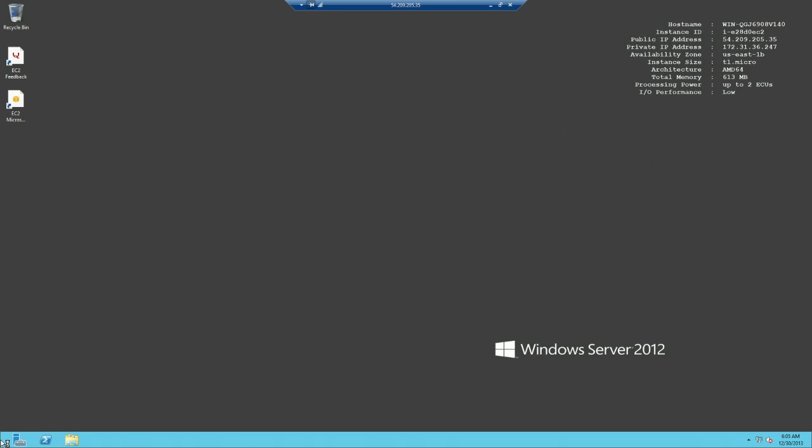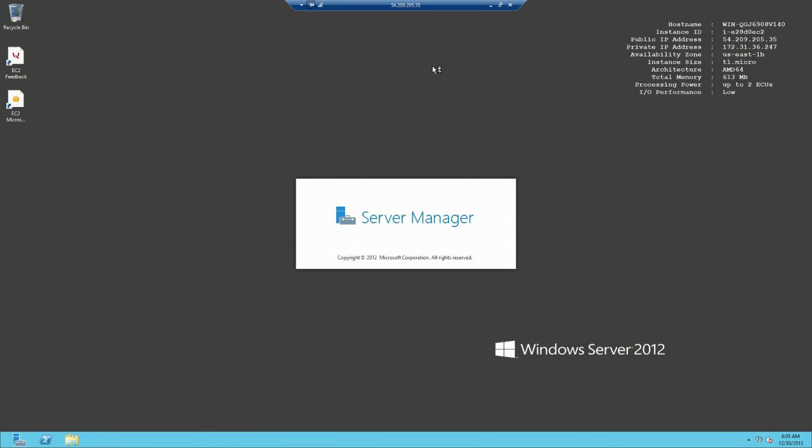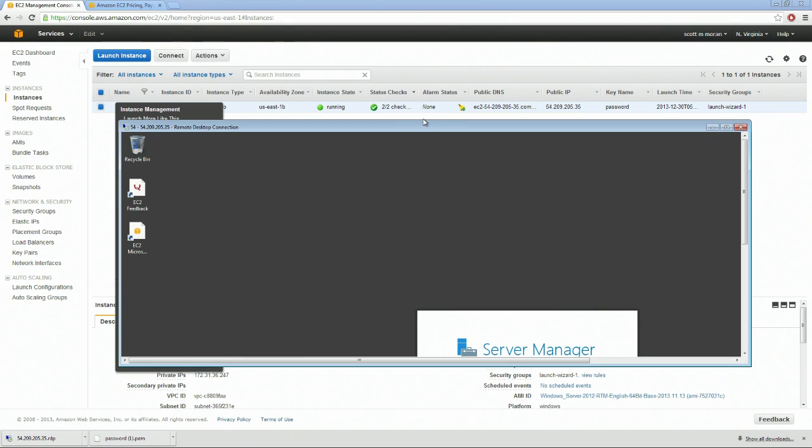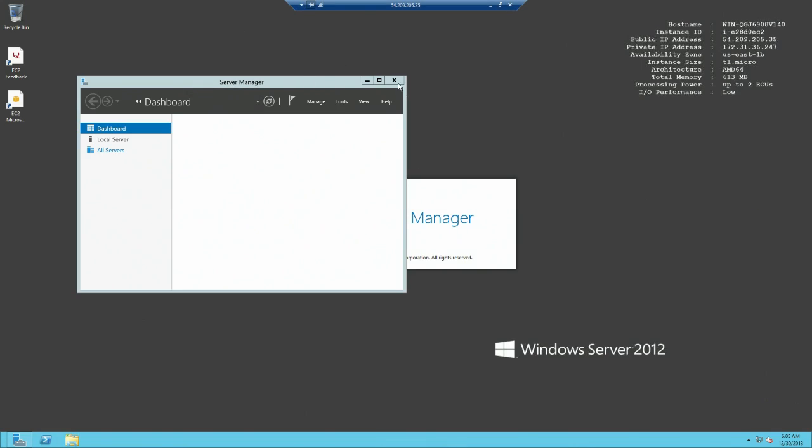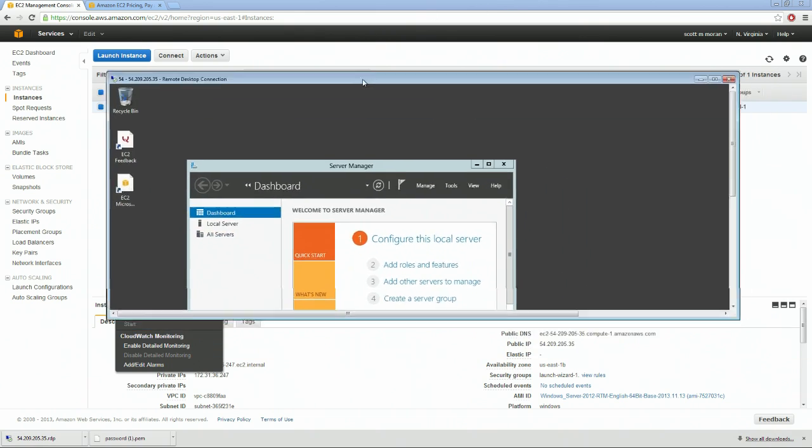So now if I wanted to install, for instance, Skype or something, I can run Skype or a program off this IP address and I wouldn't be necessarily running it off my home machine. So there you have it, guys. I just created a free virtual computer that I can run on my desktop computer that's running a different OS